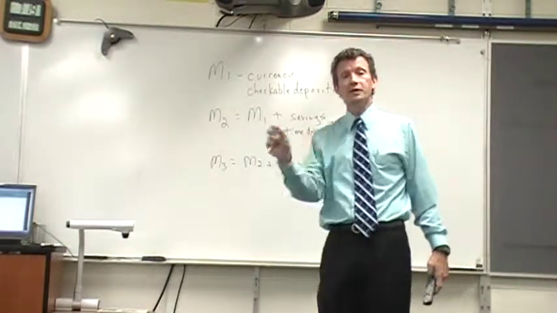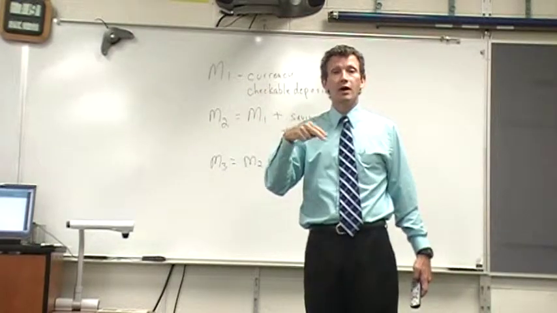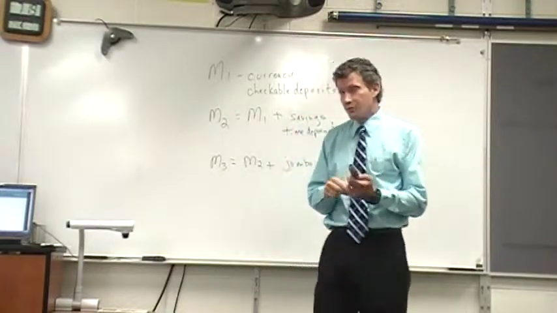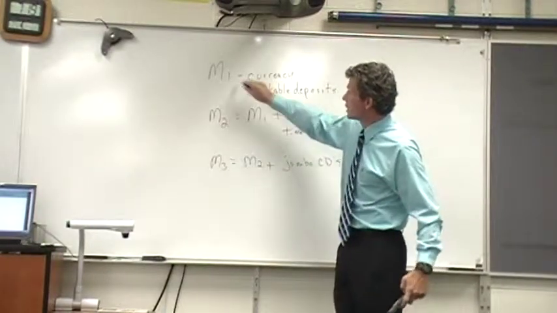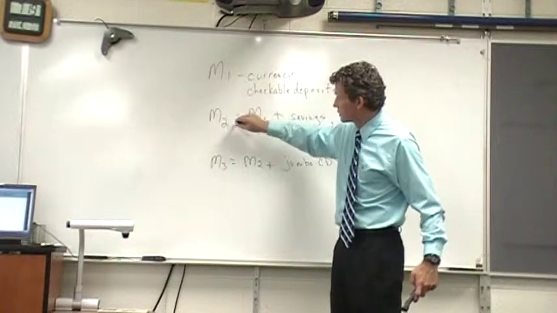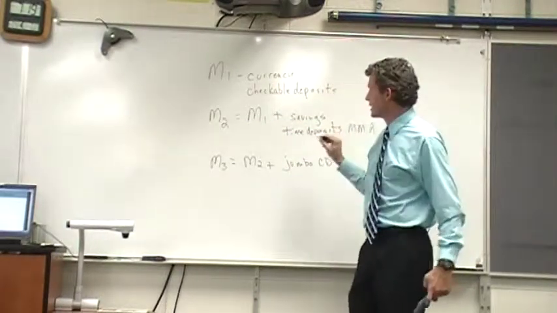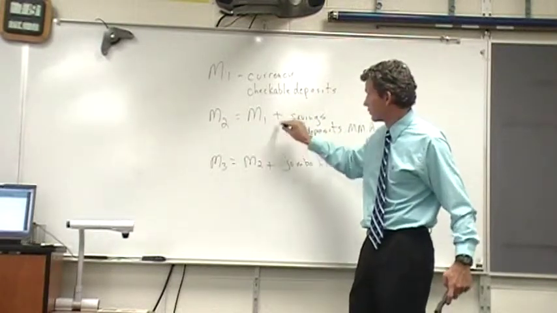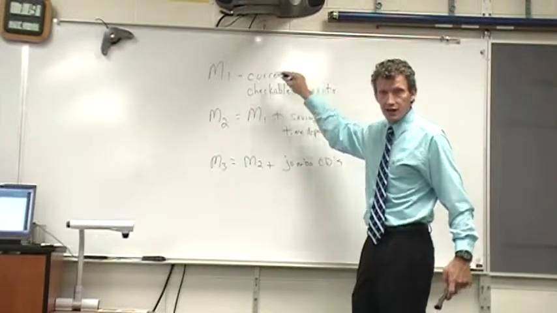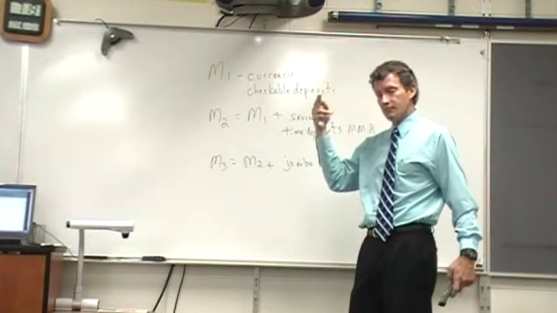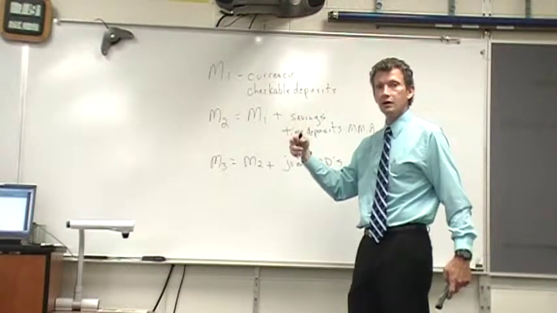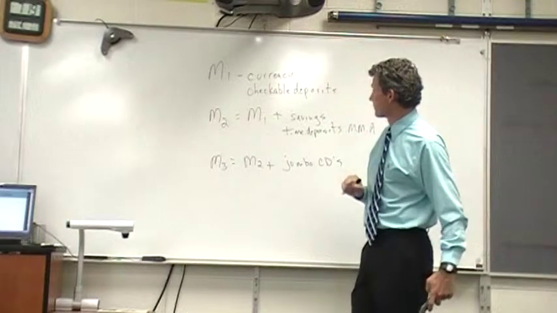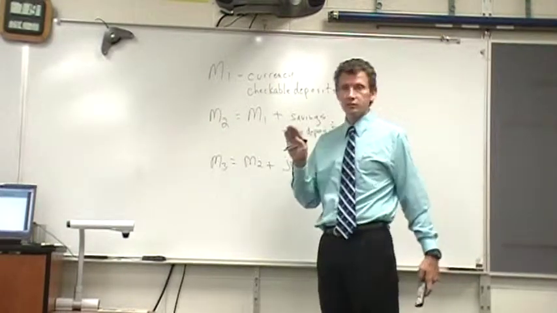Now jumping back to something we studied about the multiplier and the marginal propensity to save and the marginal propensity to consume and so forth, you can probably recognize here that as we know how much money is in each of these categories, M1, M2, and M3, we can get some idea of how people are choosing to hold money. Savings versus keeping it very liquid and spendable. So, to go along with consumption, we can see some idea of how people are choosing to hold their money. Okay? Questions on that? Okay.